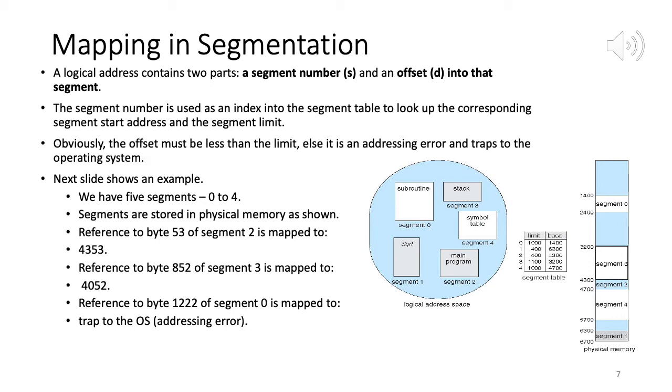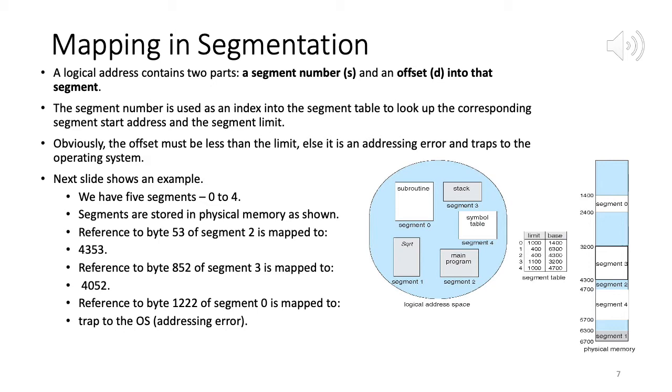So you can see address translation is very simple. We don't have an extremely large number of pages to contend with, because in the paging mechanism we saw the size of a page table can be huge, 2^20. Here the segment size is larger, so at least in terms of entries it's not that much.